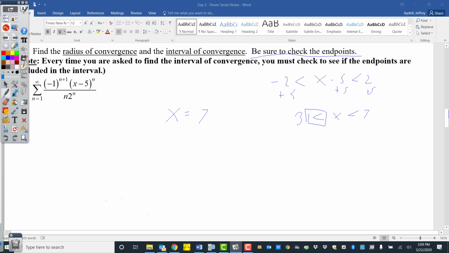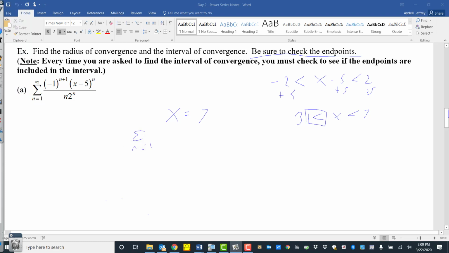Okay, so let's do the same thing with x equals 7. So the sum, for n equals 1 to infinity, of negative 1 to the n plus 1 times 7 minus 5, that gives us 2 to the n, over n times 2 to the n. Those 2 to the n's will cancel. This time we don't have anything to pull out and multiply by that negative 1. So n equals 1 to infinity